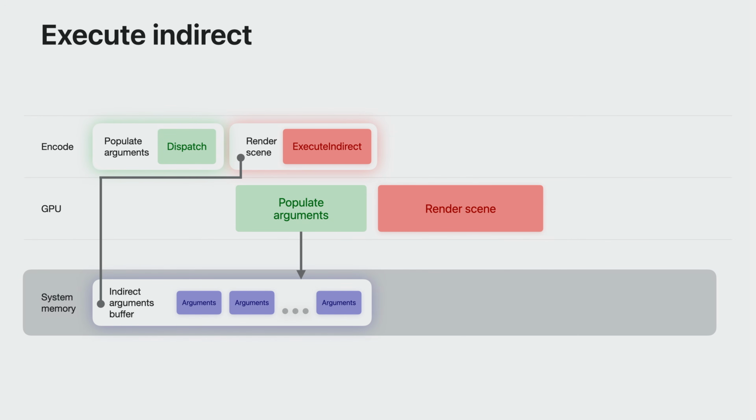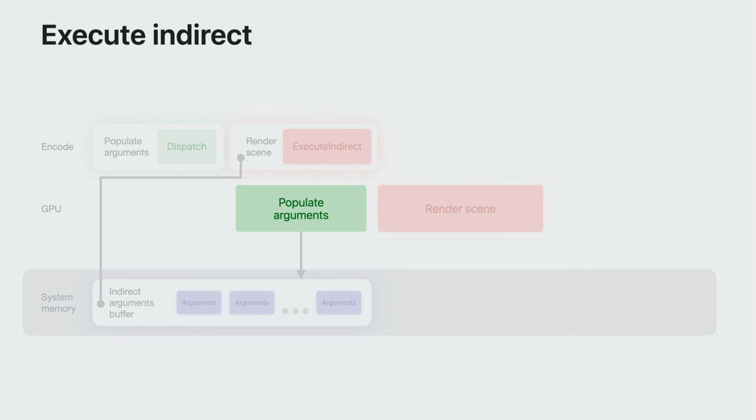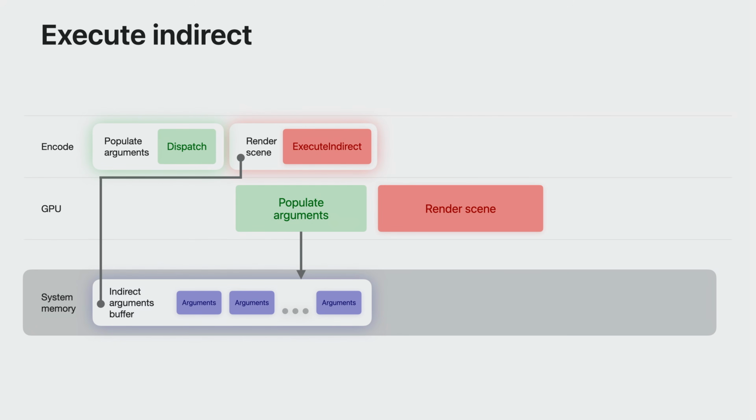The main idea of this approach is to be able to populate content of the indirect buffer by a compute shader scheduled for execution before the execute indirect command. This way, the GPU prepares work for itself and decides what to render. Execution of commands with indirect arguments is a key feature to implement advanced techniques such as a GPU-driven rendering loop.